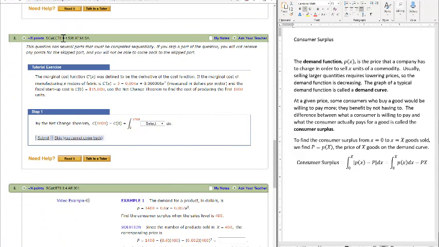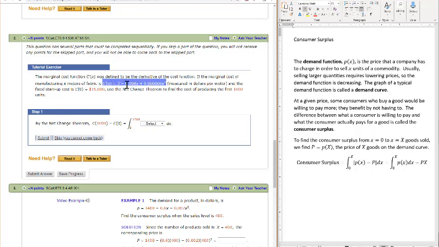Let's do a problem from your lab assignment, section 8.4. This is problem number 2. The marginal cost is defined by C prime of x, and that was a derivative of the original cost function. If the marginal cost of manufacturing x meters of fabric is given by C prime is equal to